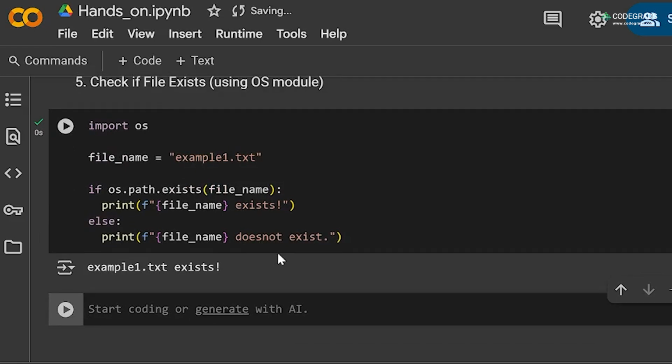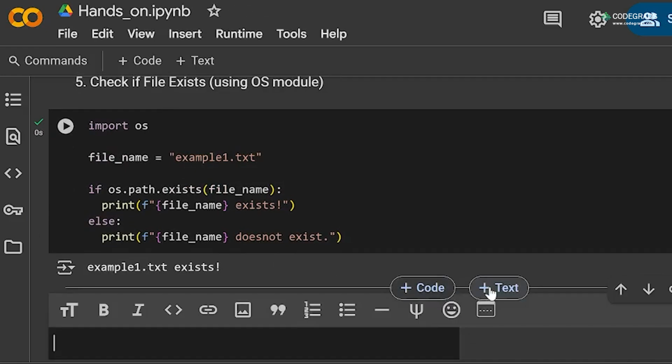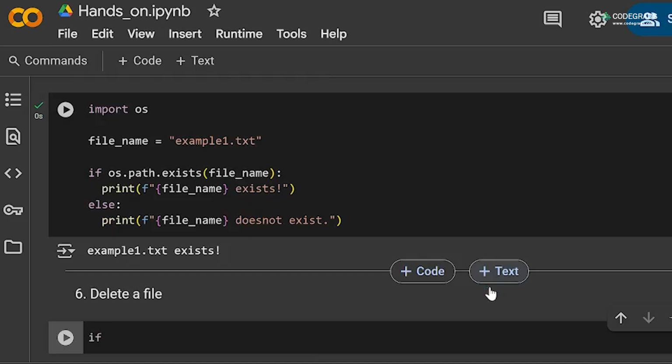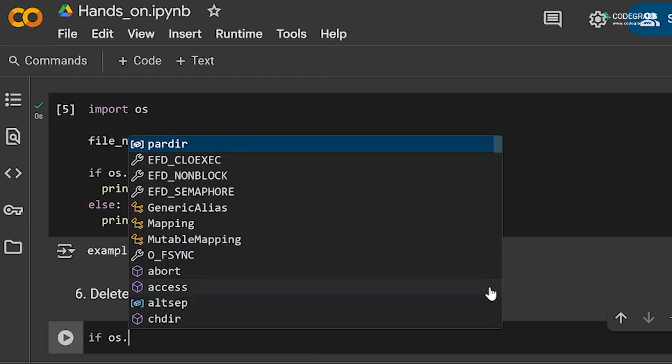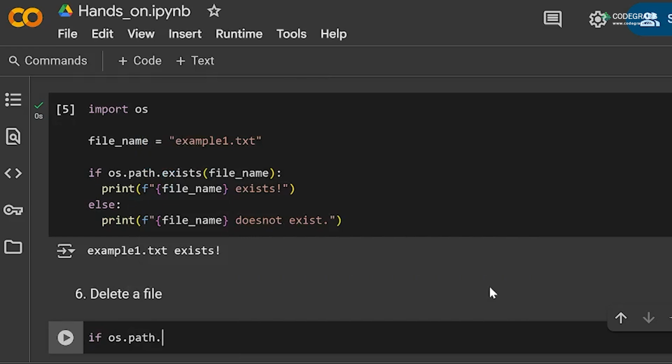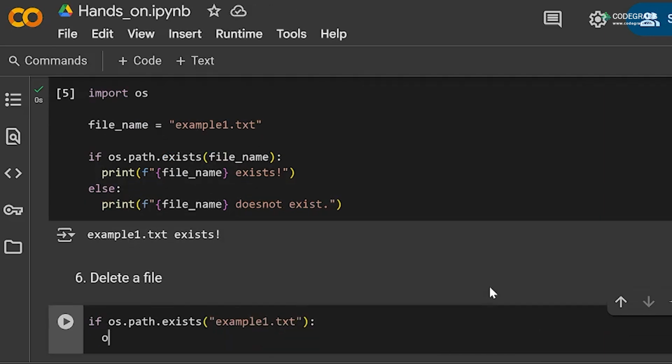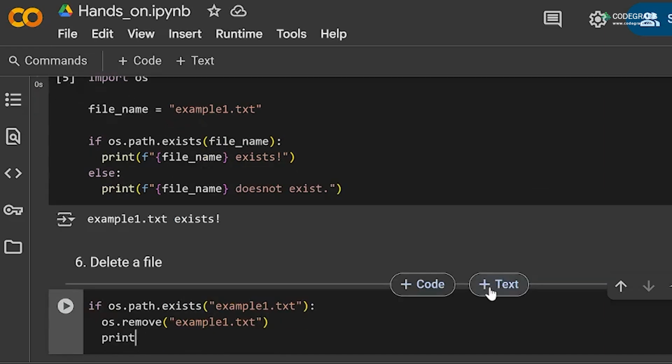Now, how can we delete a file? Keep in mind, we are deleting a file permanently. So next, delete a file. We'll use this else block. So if os.path.exists, and I'll mention the file name, that is the example1.txt, and I want to remove it. os.remove and the file name, that is the example1.txt, and then I will type print